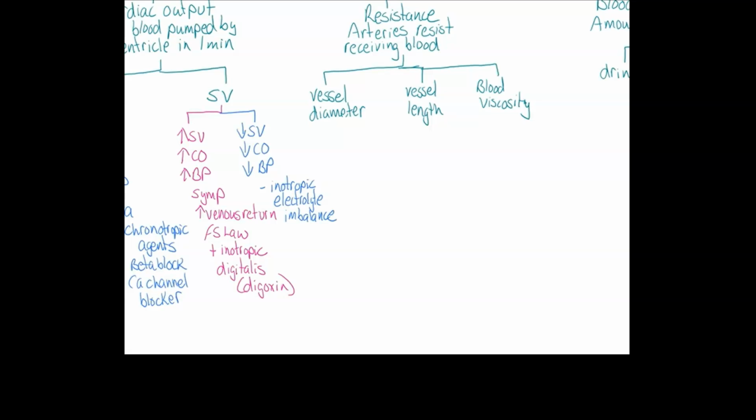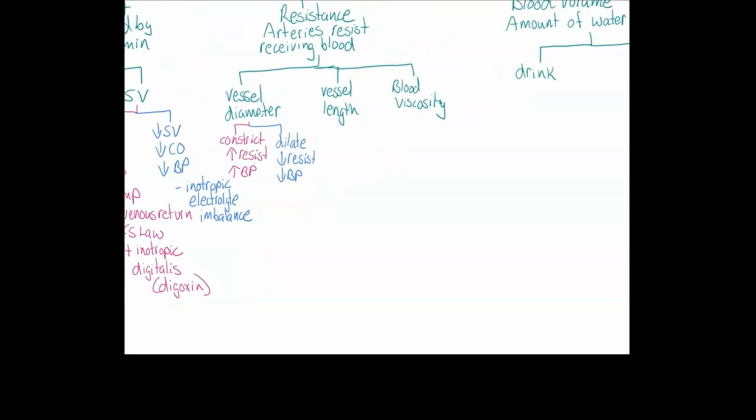With vessel diameter, if you constrict your blood vessels, you increase resistance, which increases blood pressure. If you dilate your vessels, you decrease resistance, which decreases blood pressure. When it comes to vessel length, longer vessels